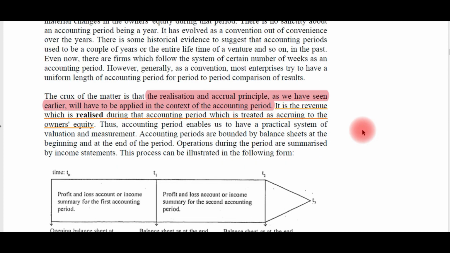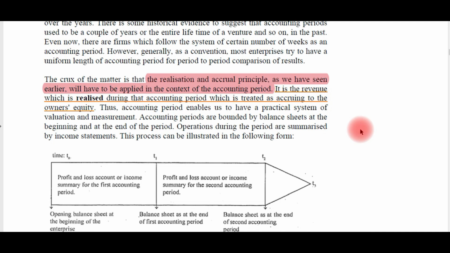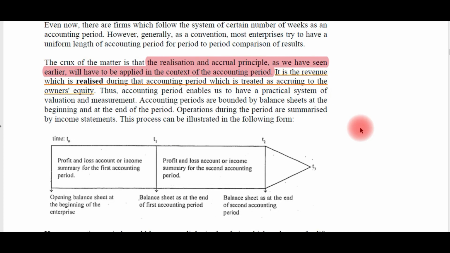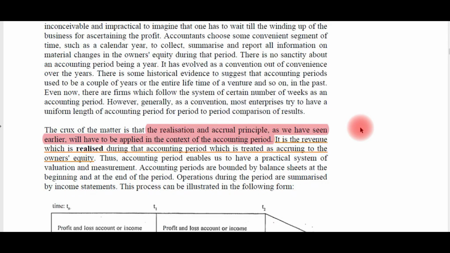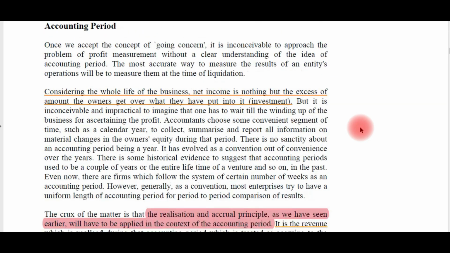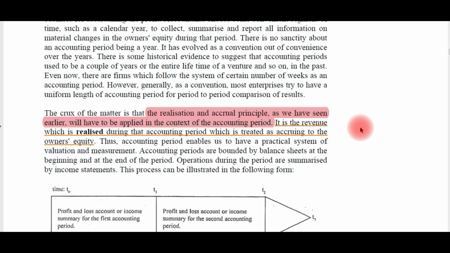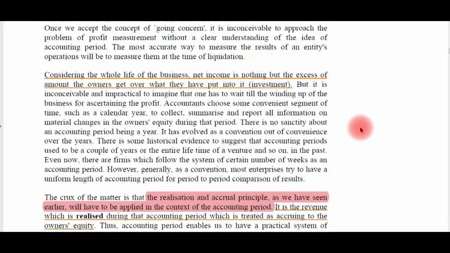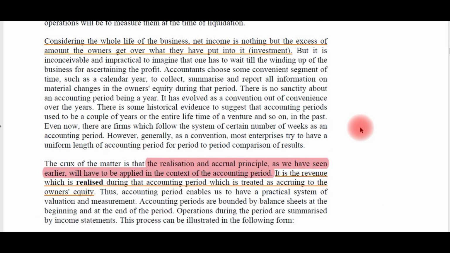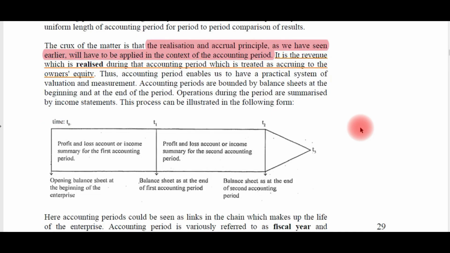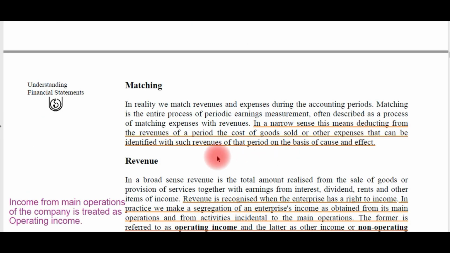Normally, this accounting period is 1 year for most enterprises. Some enterprises also take the accounting period as weekly. Some sincere companies, very good companies, will generate statements for every week. Monthly generation of statements is also there for some companies, but normally the majority of companies follow a 1 year accounting period, which means at the end of that accounting period they will give the statements.